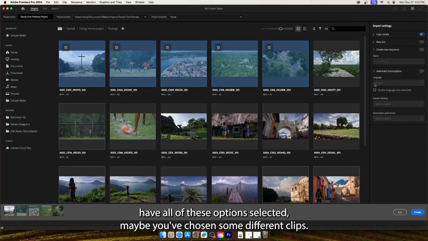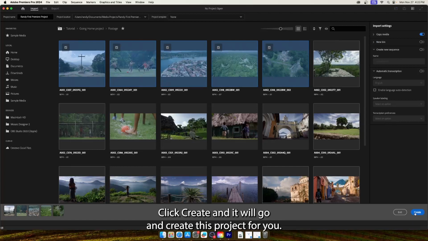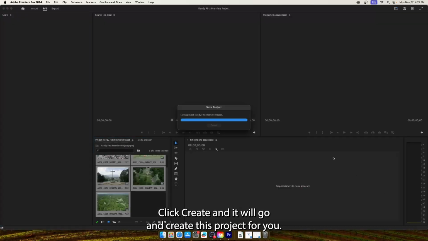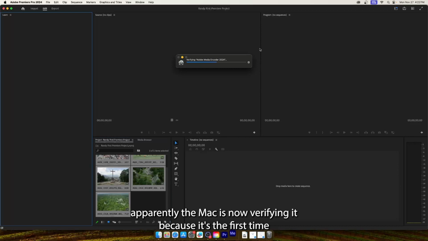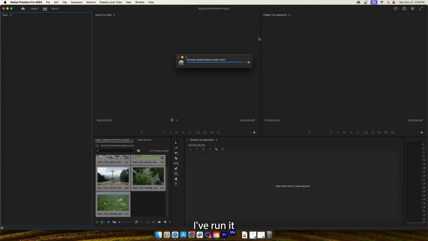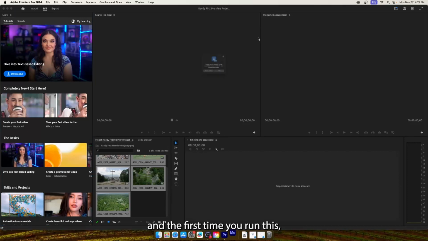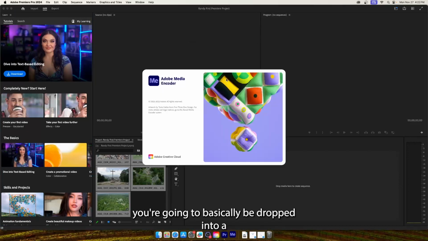But once you have all of these options selected, maybe you've chosen some different clips, that's fine. Click Create, and it will go and create this project for you. So the first order of business is that, well, apparently the Mac is now verifying it because it's the first time I've run it. And the first time you run this, you're going to basically be dropped into the